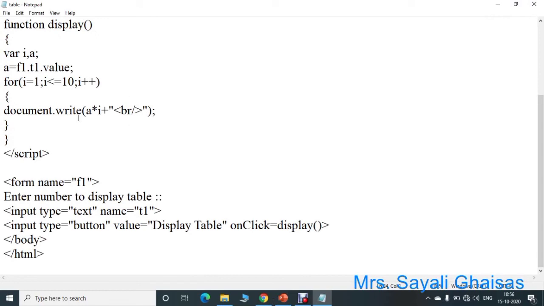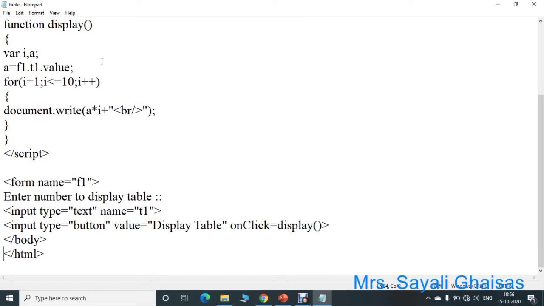Similarly the loop continues to execute until 10. Here 10 is less than or equal to 10, the condition is true. a into 10, that is 10 into 10, that is 100. So the last value printed will be 100. After that incrementation will happen, so the value will become 11. The condition is false and the loop exits. So in this way this program works.